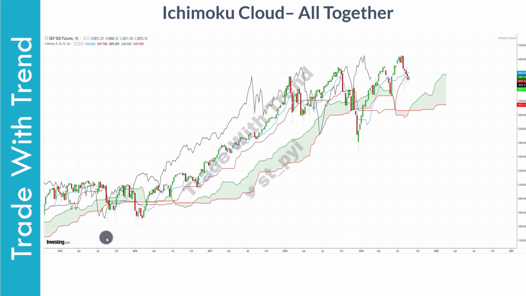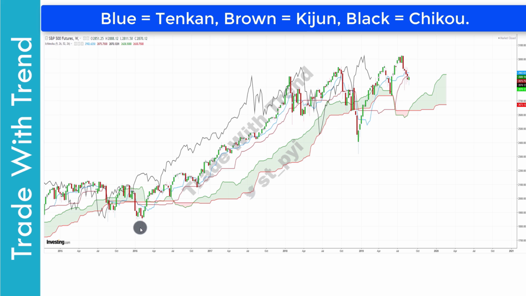The first thing you can spot is how Ichimoku clouds help you trade only in trending periods. If you look at this region, this is where Kijun was completely flat. Now do recollect that when Kijun is flat, price consolidates, and this means you should not be trading in the instrument.